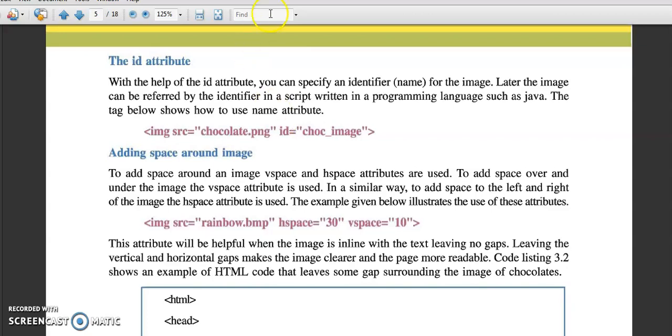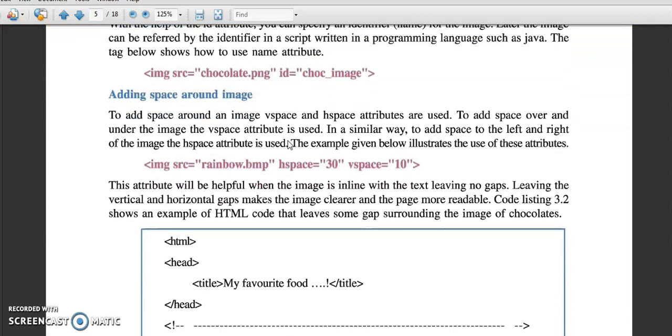So with the help of ID attribute you can specify and identify a name for the image. Later the image can be referred by the identifier in script written in programming language such as Java. The tag for ID attribute is ID equal to that image name.